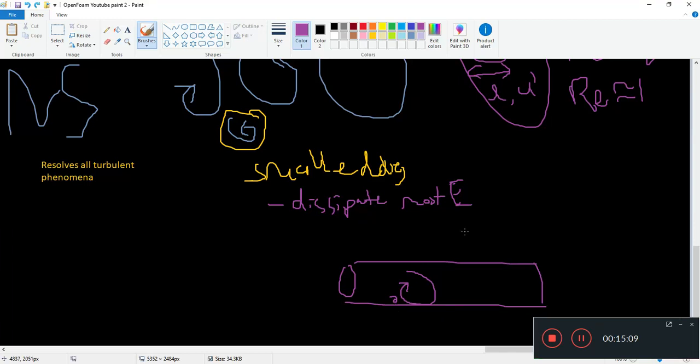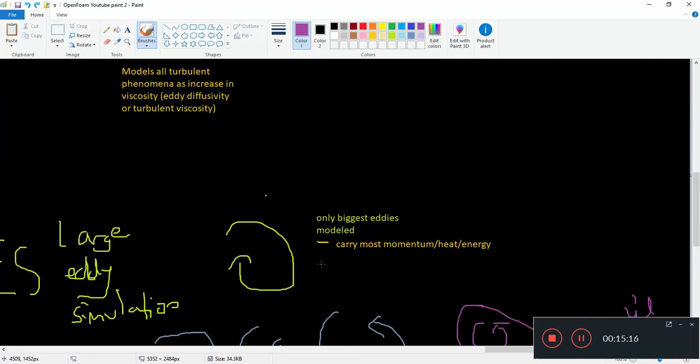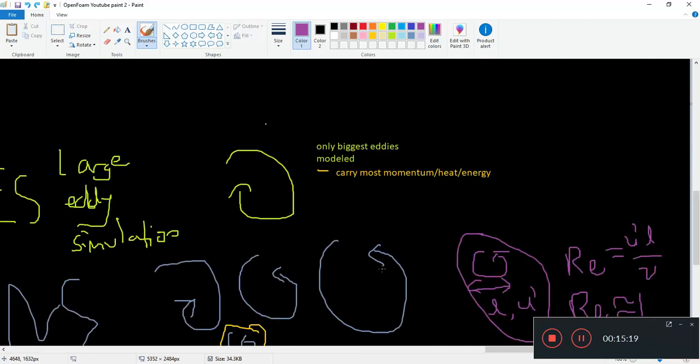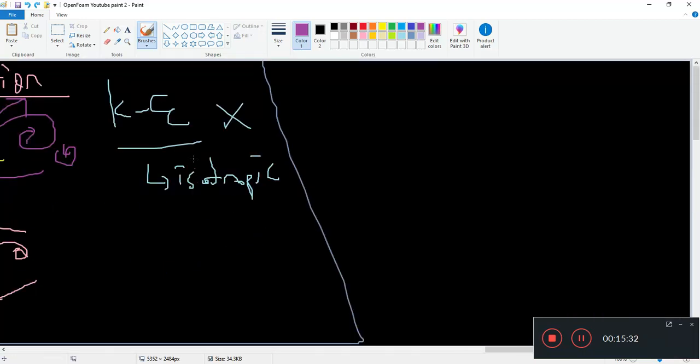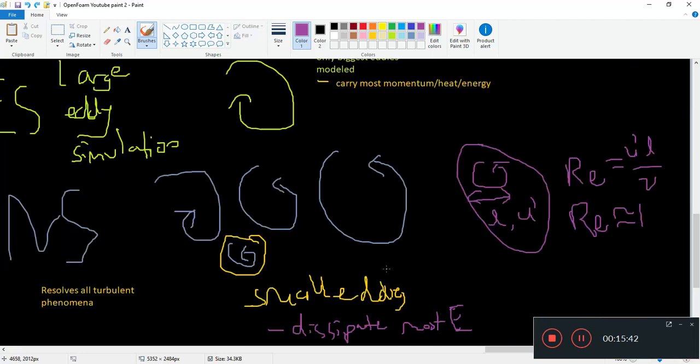Whereas small eddies tend to dissipate very quickly, but at the same time they also take up the most computational space. So this is why large eddy simulation has been invented. I say, okay, I'm only going to model the biggest eddies, so that I can model my momentum and heat transport relatively well, even if they are not isotropic. What the k-epsilon model assumes is that this turbulence is isotropic, and that's not always a very good assumption. So instead,